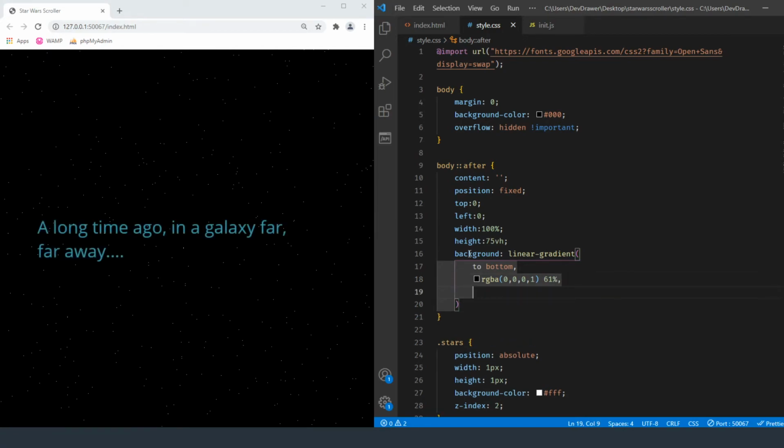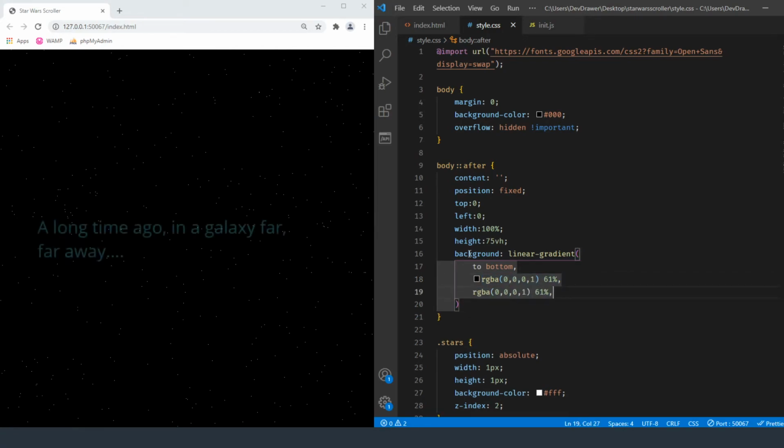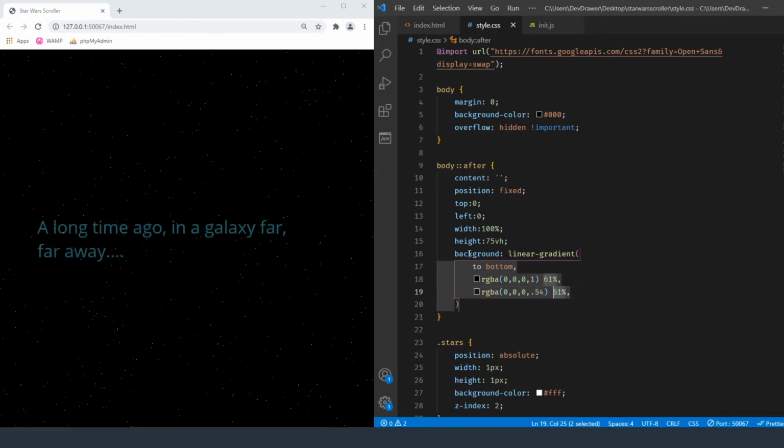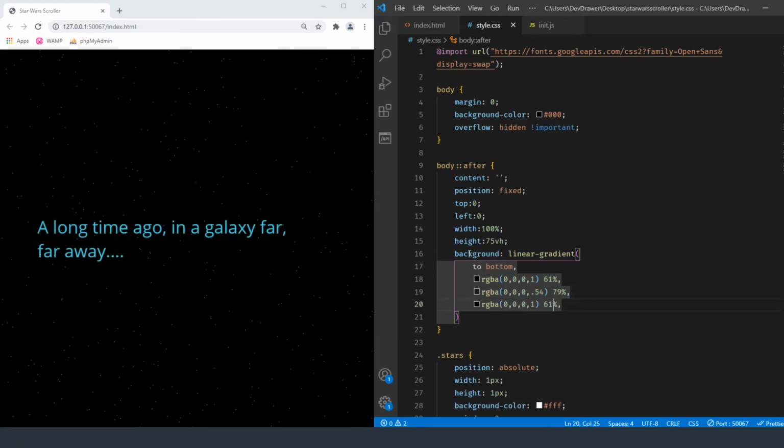And then after that we're going to do the same thing, but we're going to make it fade out just a little bit, so 0.54, halfway through, at let's say 79%. And then finally at the 100% mark we're going to want it to be fully transparent.